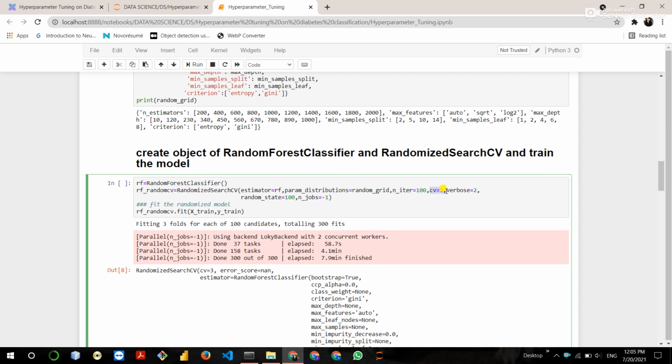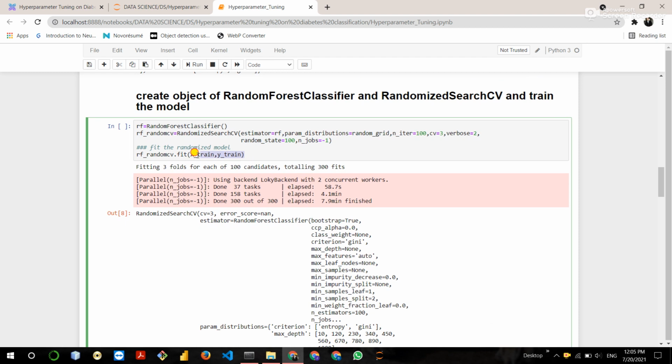So 3 into 100 is 300 fits, which means our model is trained 300 times with different parameters, and verbose is for progress. Random state is used for shuffling. If we take random state equal to 100, then it does not shuffle the data again and again.